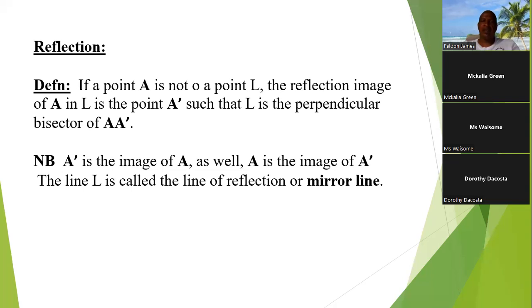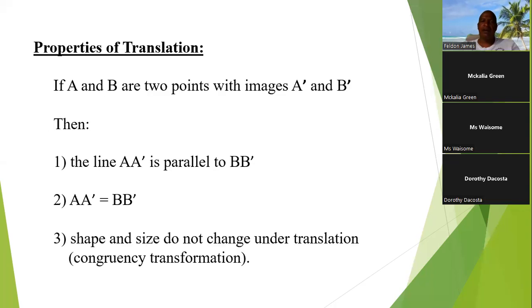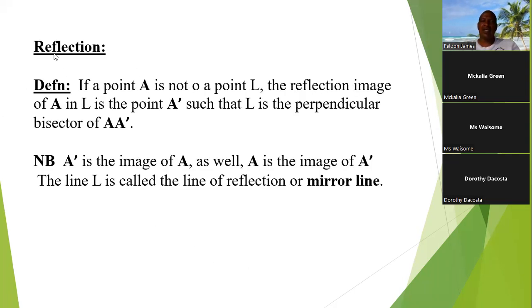All right. So with that said, we would have gone through translation. So that would be the first transformation that we looked at. Now the next transformation that we're looking at will be reflection. Now, the definition for reflection. If a point A is not